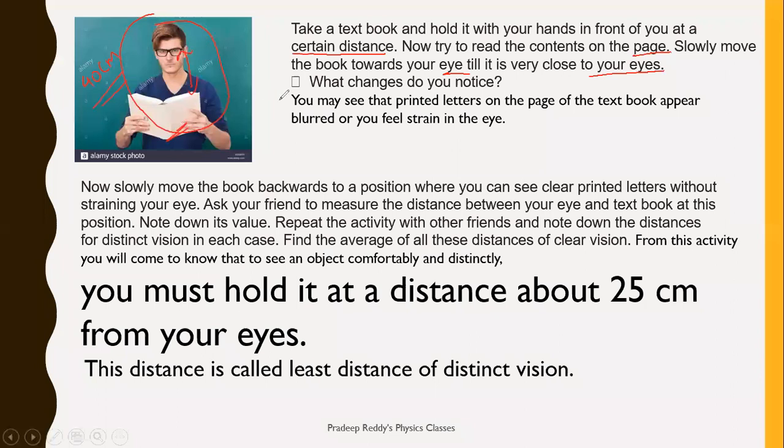Not even 40 centimeter, till where you are able to view things on that particular book clearly, at that certain distance you place it. And now bring that closer to your eye. So 40, decrease it to 30, and then 20, and then 10, and then decrease it to 5. Now 5 in the sense you are placing the book in front of the eye itself, very much closer, 5 centimeter, very close.